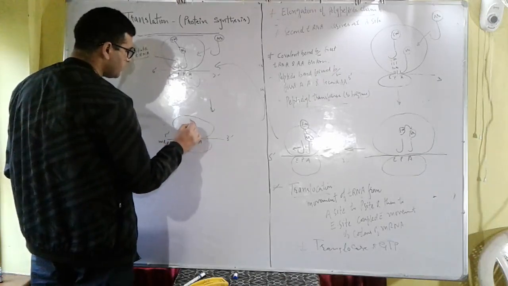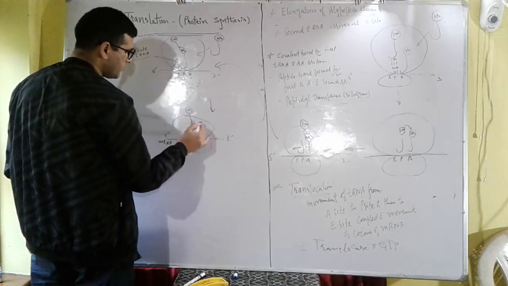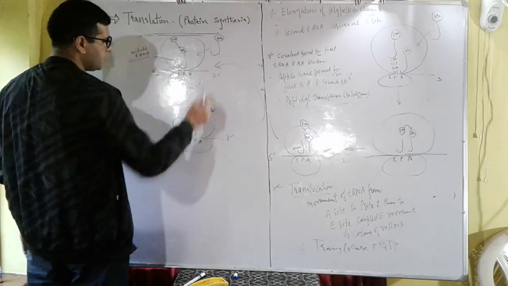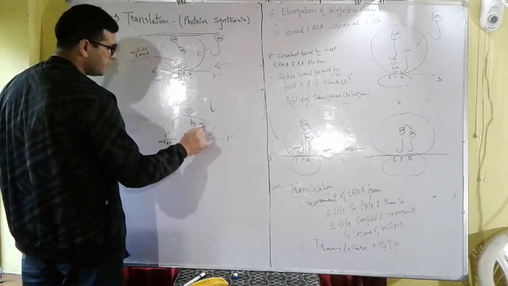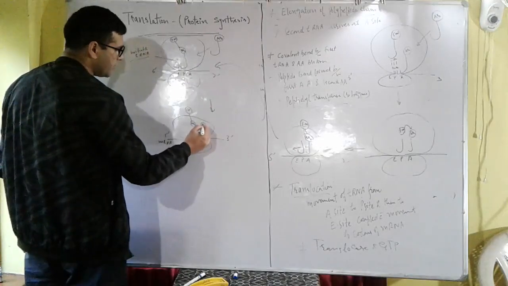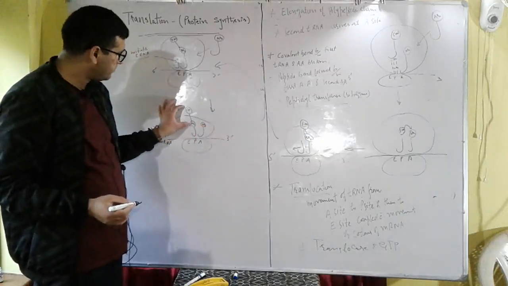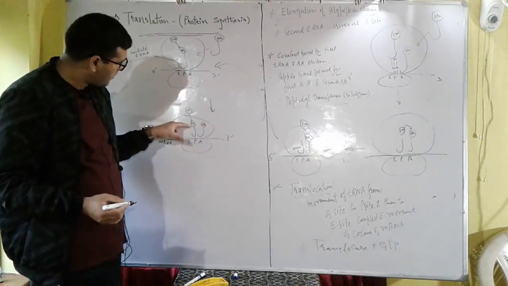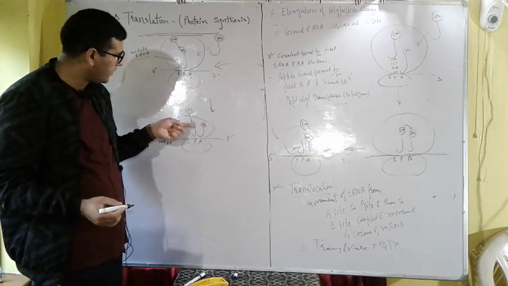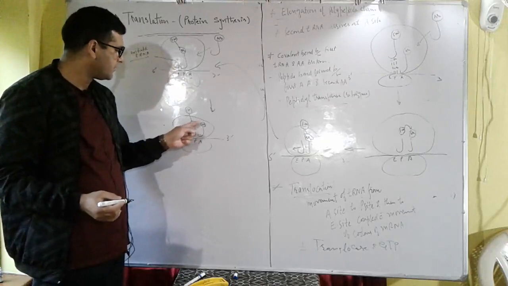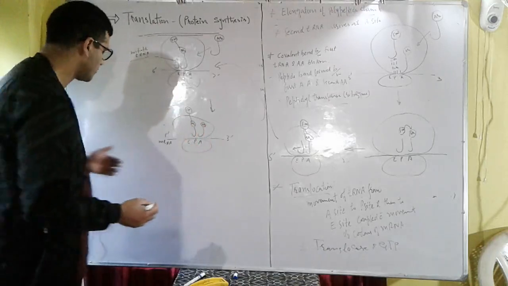At the P site we have 2 amino acids, formyl methionine and amino acid second. At A site, now next tRNA will come. This is next amino acid carrying tRNA. Now in the next step, what will happen? The covalent bond between this tRNA and this amino acid is broken, and the peptide bond is formed between this amino acid and this amino acid,